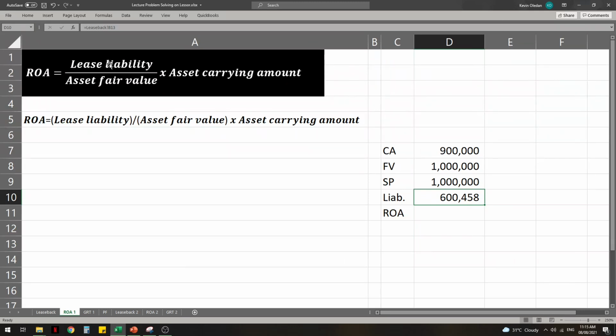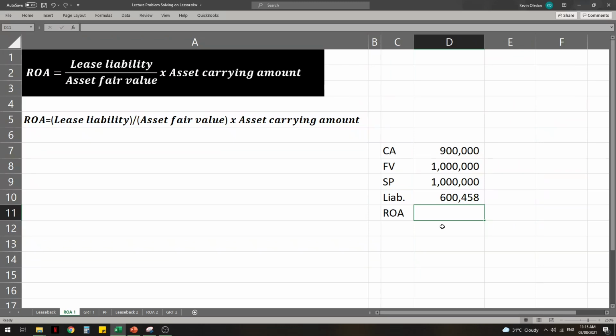Because do take note, ang lease liability, babayaran mo yan. The amount you are willing to pay over the total value of the asset is the rights you are willing to retain. I will not explain that one any further because I don't think I can really. I will just go in circles with that. Let me proceed. Pagkatapos mo makuha yung rights retained, i-multiply mo siya by the asset carrying amount so that you will know how much carrying amount you need to record, how much carrying amount you retained.